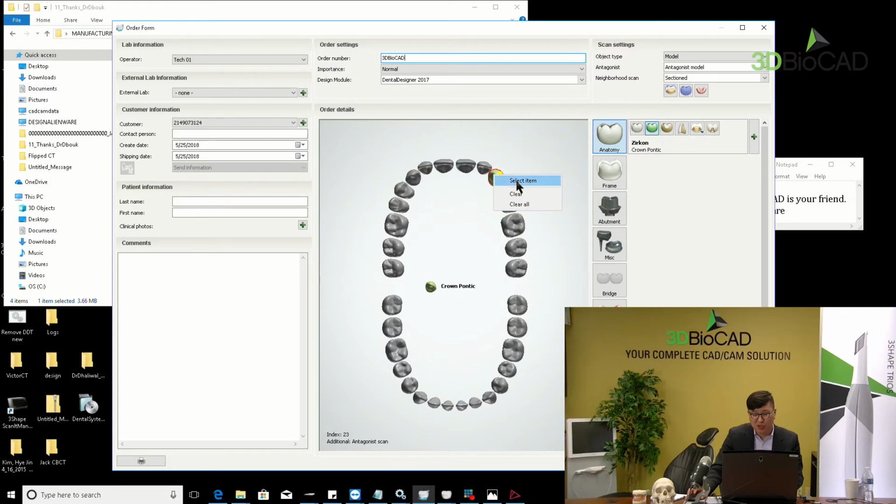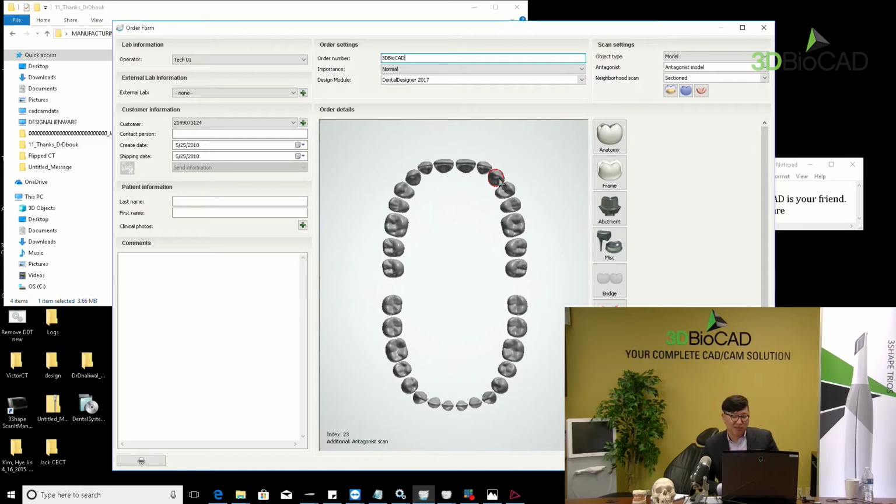But today I want to show you how to make a screw-retained immediate temporary crown. First thing, the most important thing, if you want to use the virtual implant plan, the scan file,